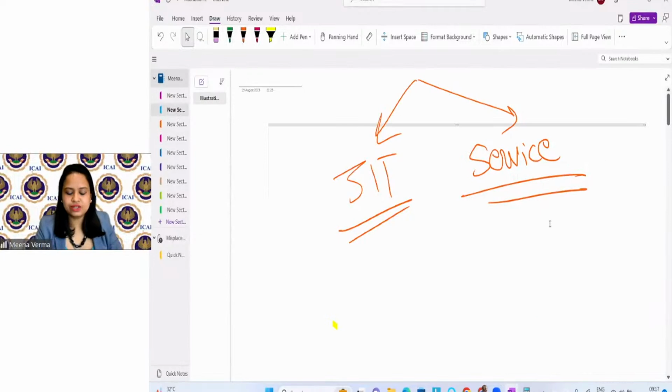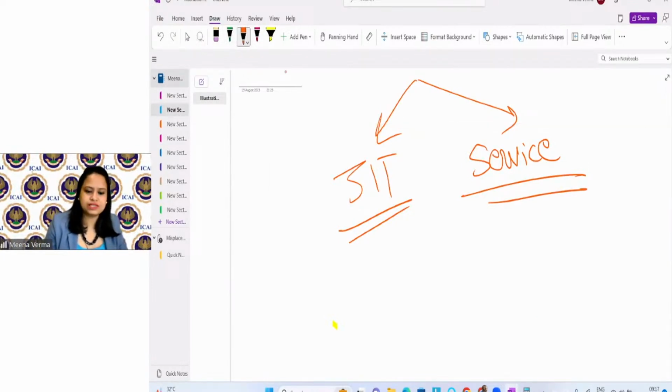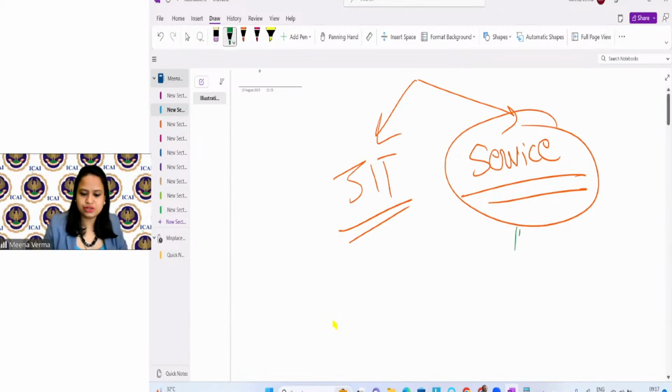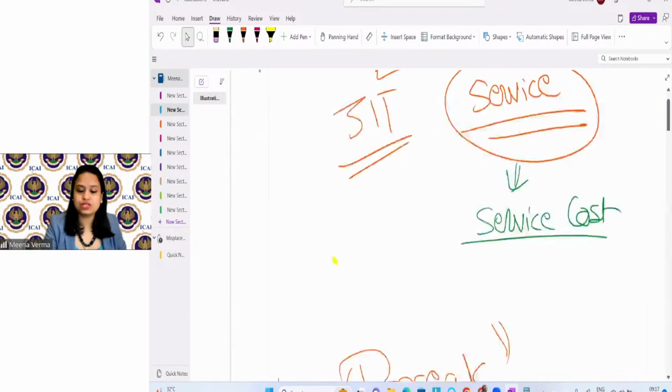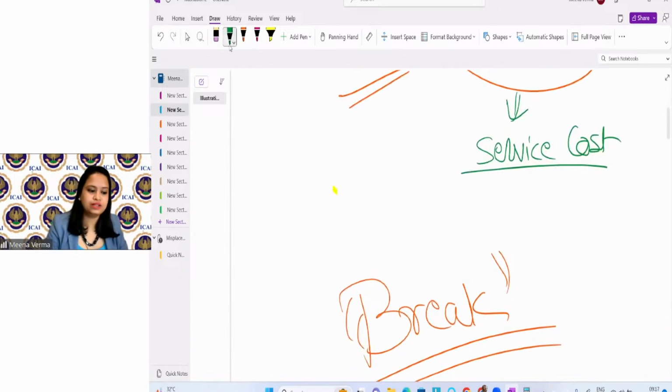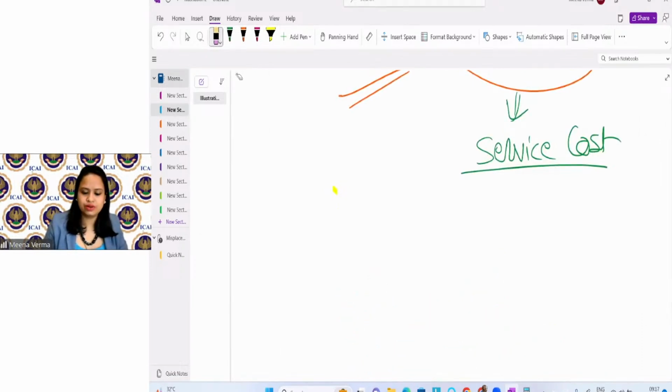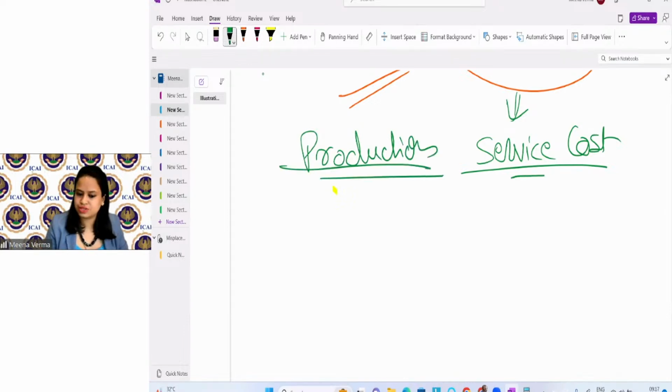Next topic is related to service, CVP analysis under the service sector. I don't know whether you have studied it or not. We have a topic of service costing, that is how we find the total costs when we provide services. Like you know that a business can be of two types, production related business or service related business, right? So here we are talking about the services like